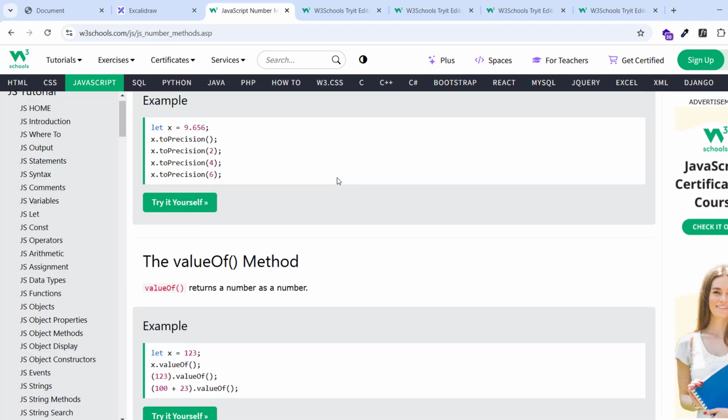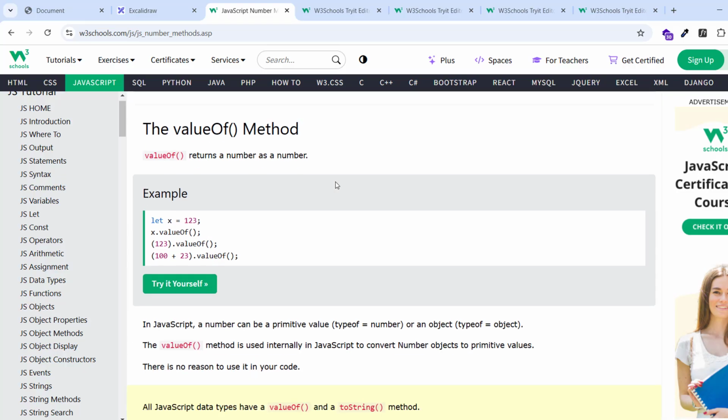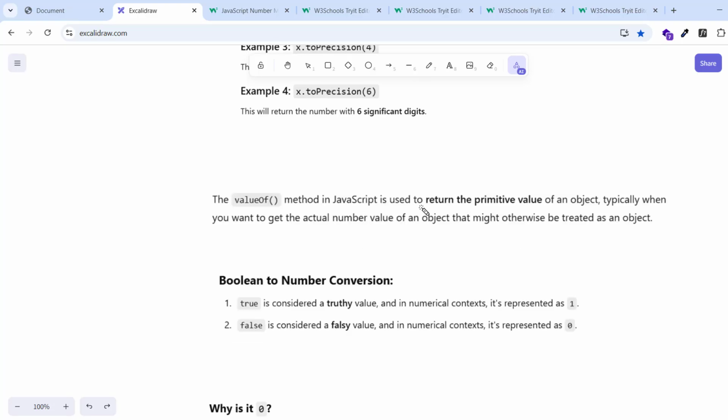The valueOf method returns a number as a number. Let x. Okay, the valueOf method. Do I have an explanation? Okay, the valueOf method in JavaScript is to return the primitive value of an object,